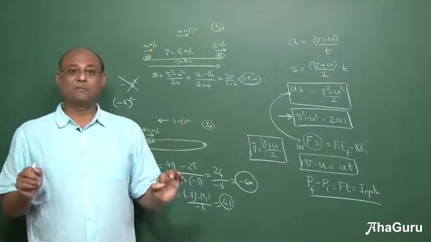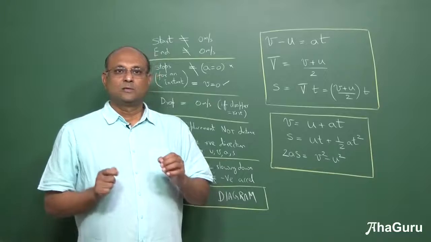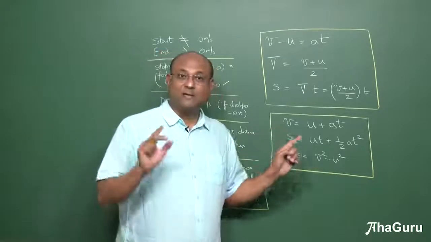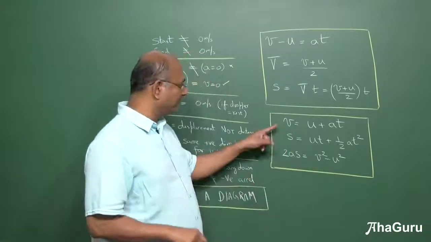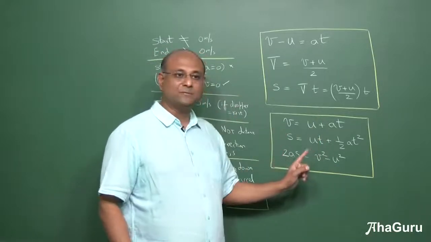We have learned a lot of different formulas. Let us quickly summarize what we have learned. First we've learned these 3 formulas that hopefully everybody will remember: v equals u plus at, s is equal to ut plus half at square, and 2as is v square minus